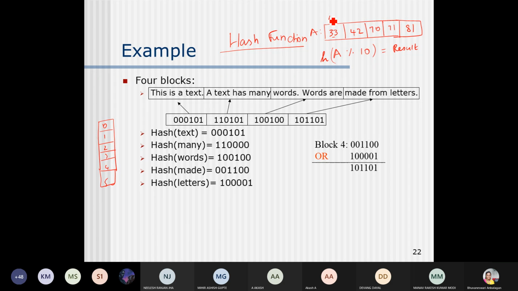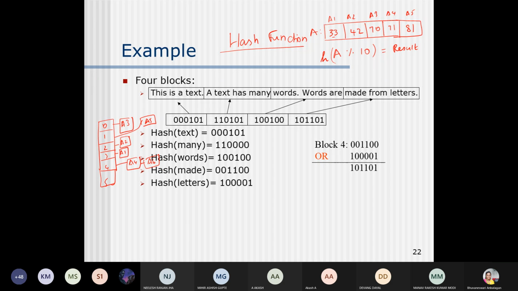So a1, 33 mod 10 is 3, will be hashed to 3. 42, so 2, that means a2 will be in 2. a3, 70, will be available in 0. a4 will be available over here. 81 will be available here in a5. In this way I will have a6, a7, and many hash values.